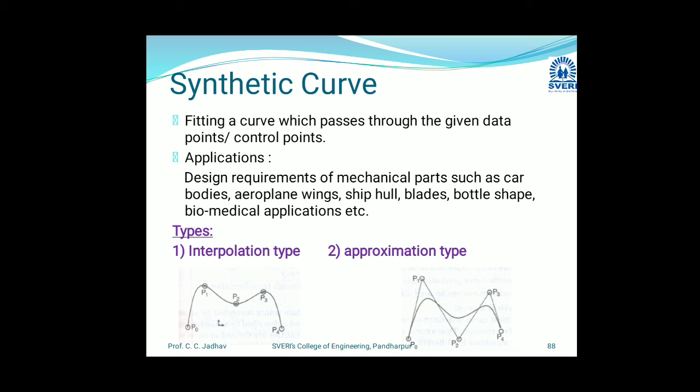By using interpolation we are creating a curve, now we can see P0 is a point, P1, P2, P3, P4. We are covering all the interpolation points, and in approximation we are just covering two or three points and creating a curve. From those four or five points we are just covering two or three points. Those points P0, P1, P2, P3, P4 are called control points, and by using these control points we can create or control the nature of the curve also.